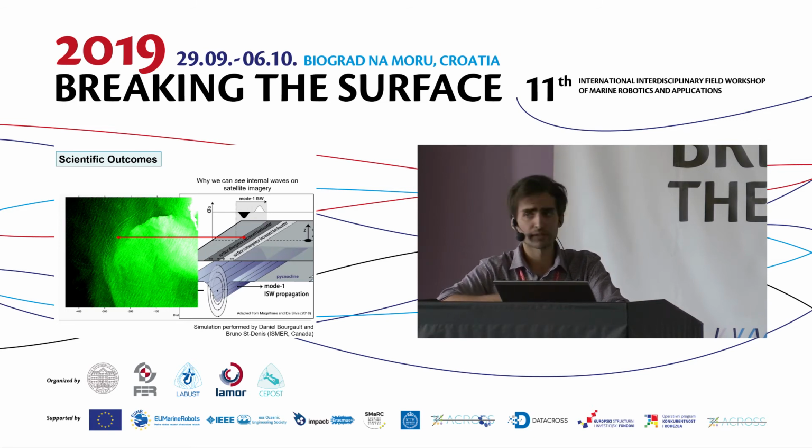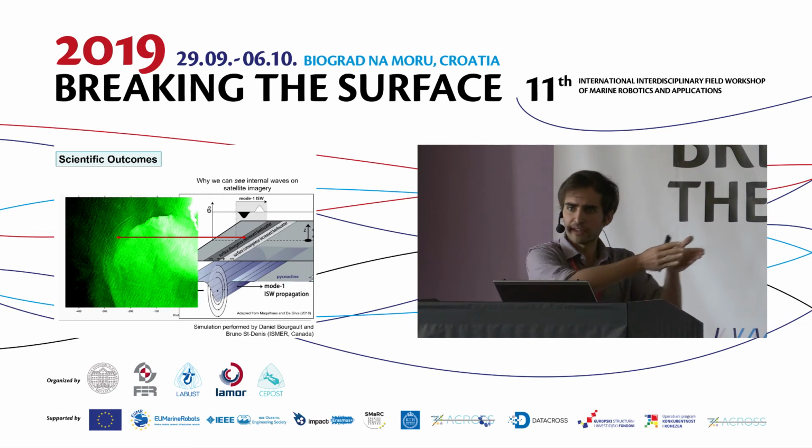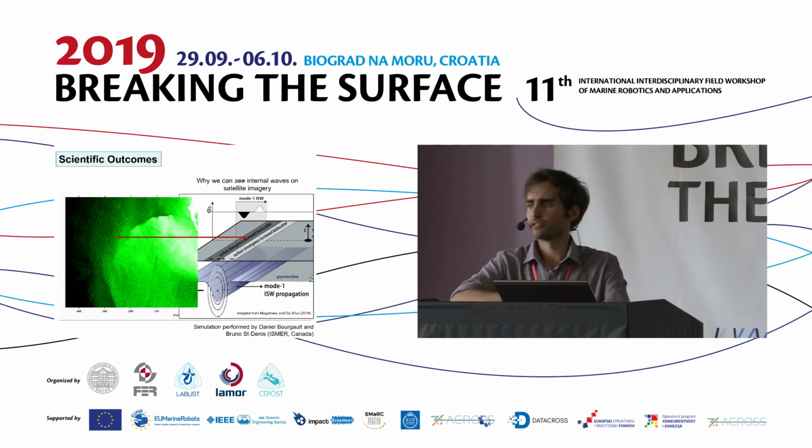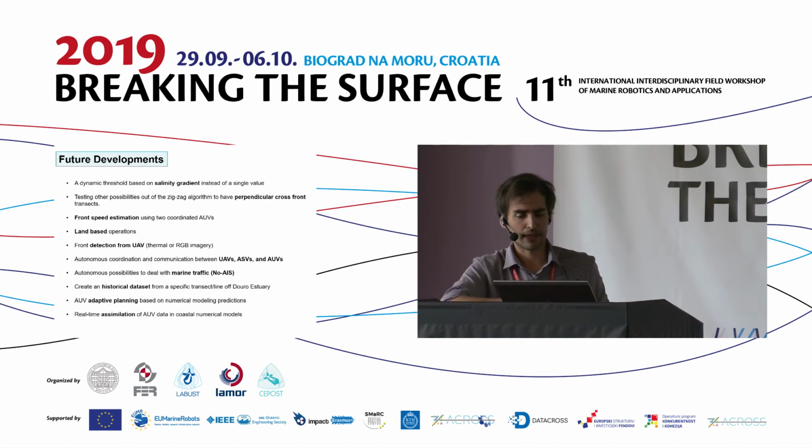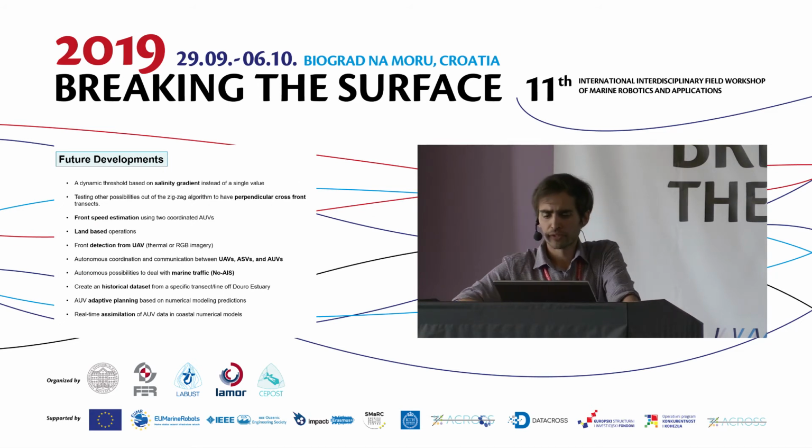It's also important because the convergence zones can aggregate, for example, oil spills. So sometimes oil spills aggregate in lines like this if there are internal waves, or surfactants, or blooms. For example, if there is an internal wave propagating over a bloom, it can aggregate phytoplankton in those lines. So in future developments, we aim to use a dynamic threshold as a salinity gradient instead